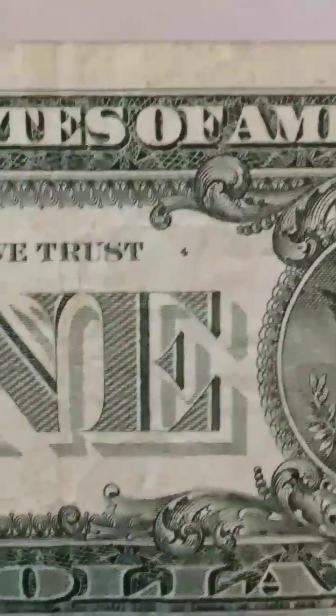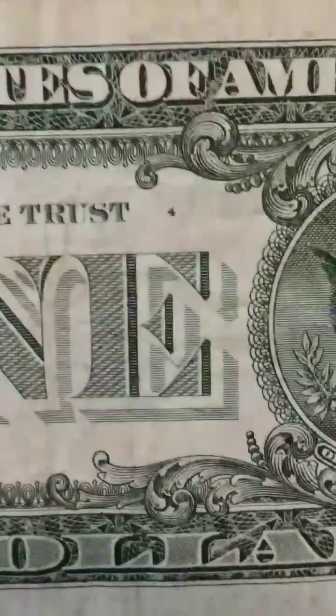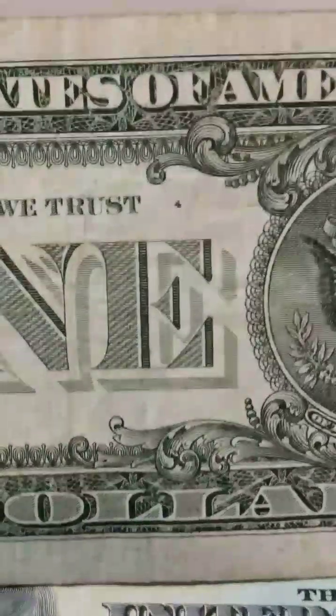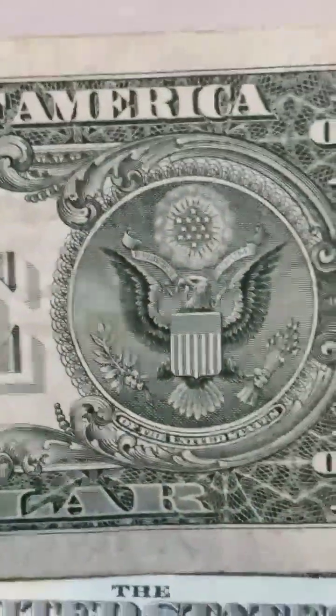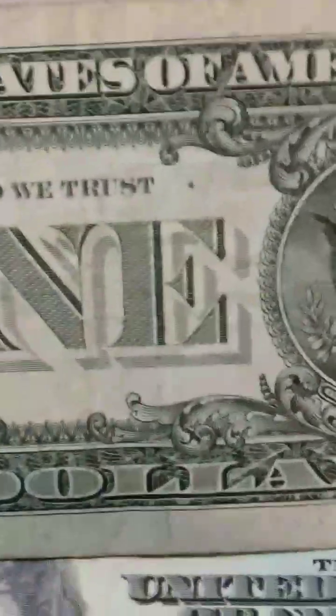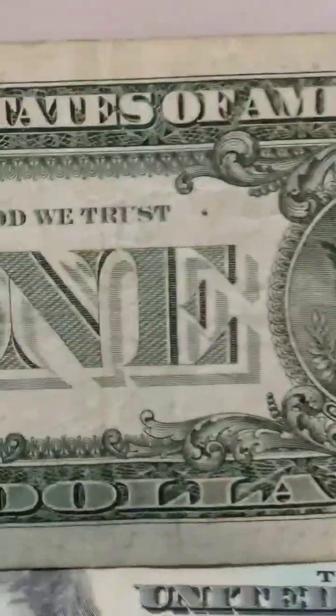You get one of these, folks, and when I say very rare, I'm talking about if you get the 7 zeros and a 1 star, forget it. You'd be talking about a unique piece. Who knows what that one would be? It would be tens of thousands. I want people to understand what I'm saying, that these web fed notes are rare, but I'm talking about mega unique is the serial numbers, and if there's a significance in these serial numbers,